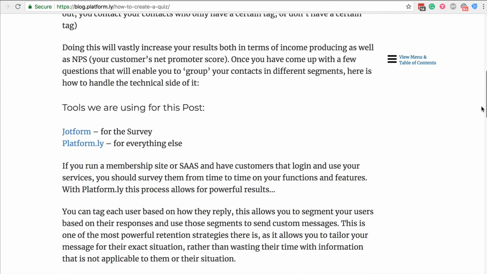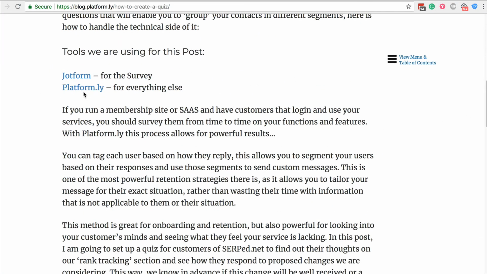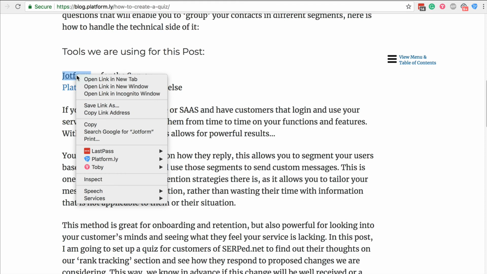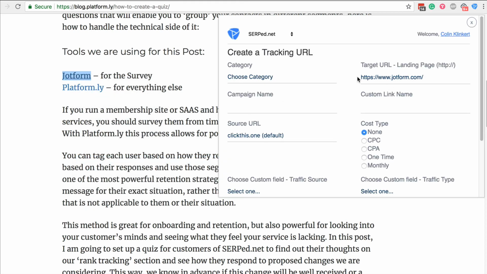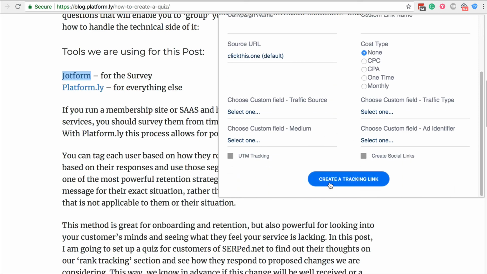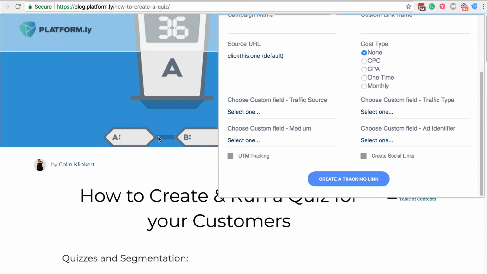Then another thing is, let's say we want to use this one here. You can right-click on it and add as tracking link, because it's a hyperlinked URL. You see, it puts the target URL as the target URL of the hyperlink. Once again, you then just quickly fill out this short form and create a tracking link, and you'll have tracking links immediately. So it's a real time saver.